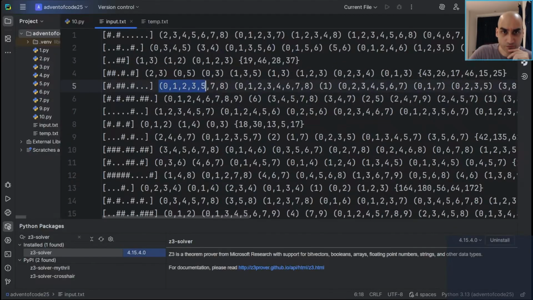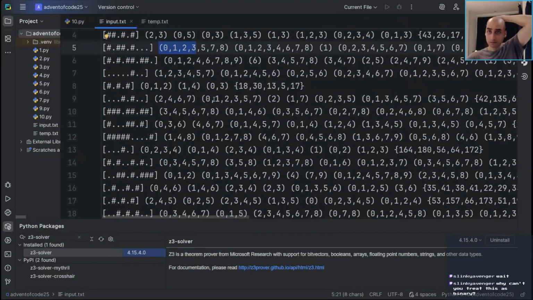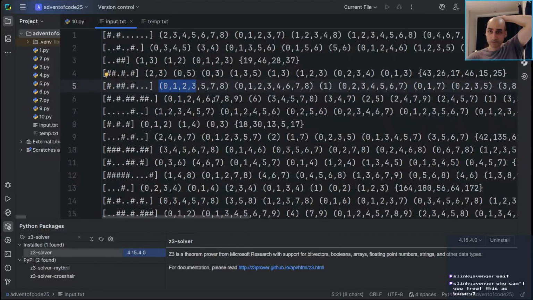We need the first row. So there's going to be a binary matrix where each of these buttons is a... Why can't you treat this as binary? I already am. But